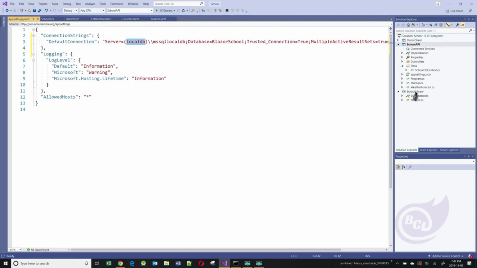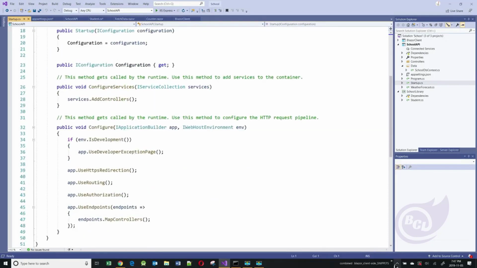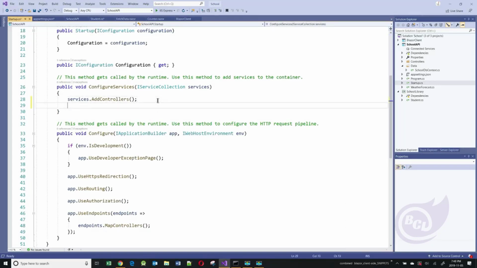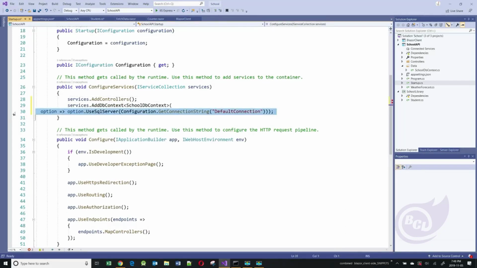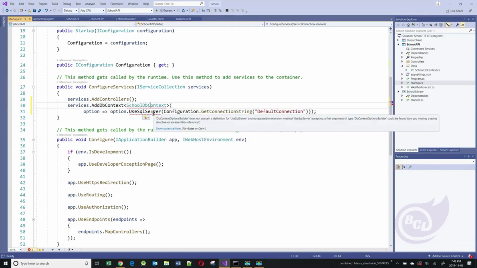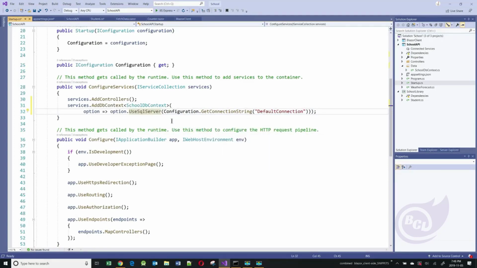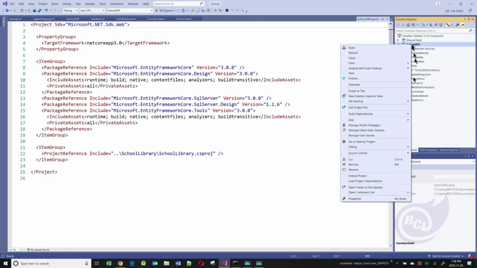So we'll go to our startup class on the API side and add some code in the configure services method. This is the code we need to add here. Let's resolve these namespaces. At this point, we are in a position to do migrations. I shall go into a command prompt at the API project level